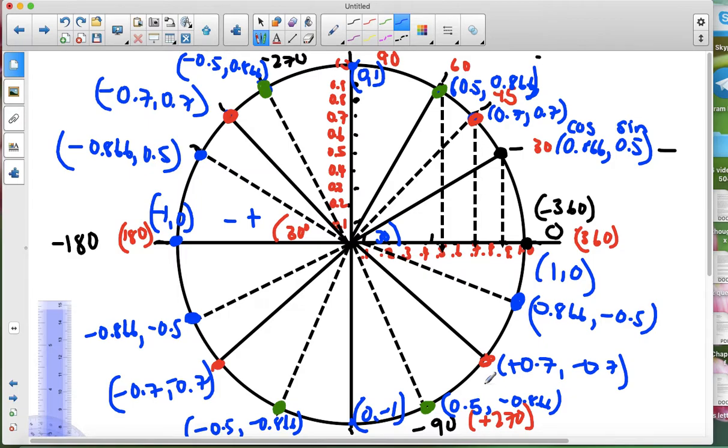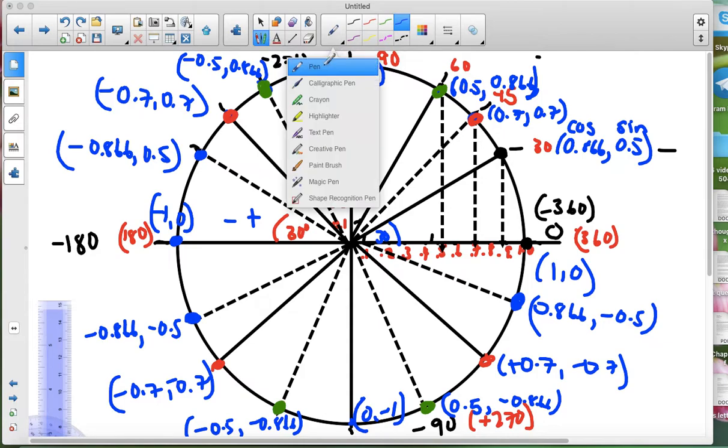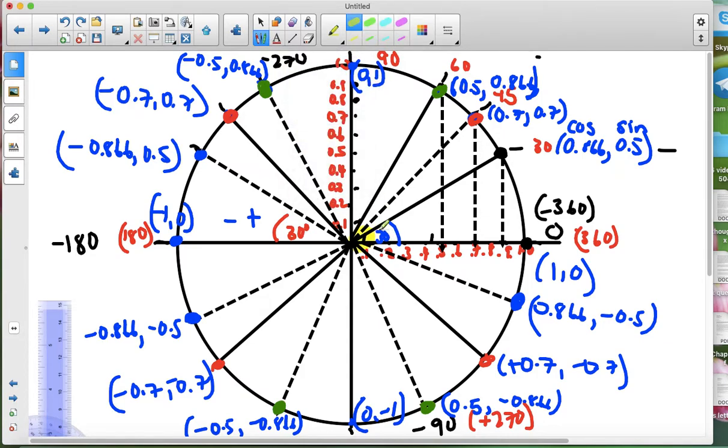This is how the calculator knows cosine of 30 is that, and sine of 30 is that. Now, I also want to mention that this is a Pythagorean triangle. So if you wanted to highlight this, let me see if I can just highlight to show you what I'm talking about. This whole triangle right here